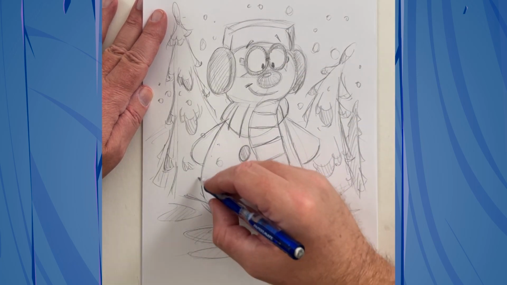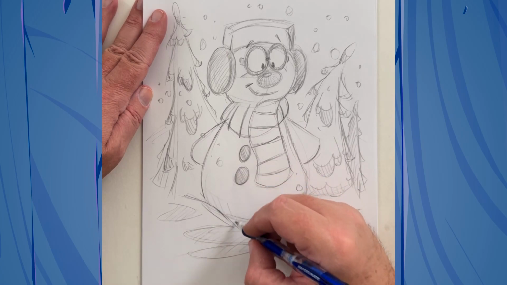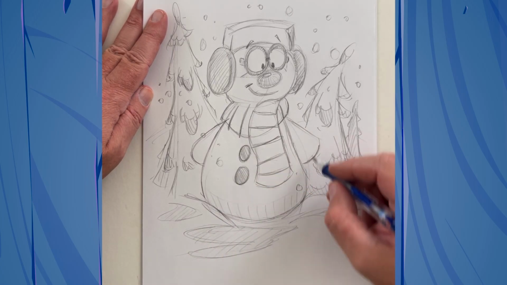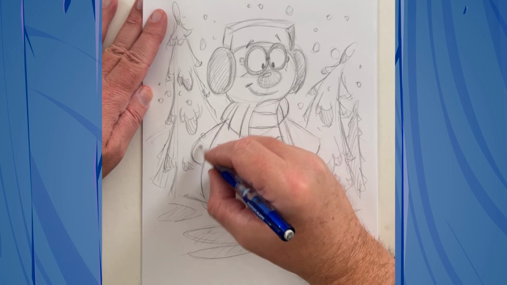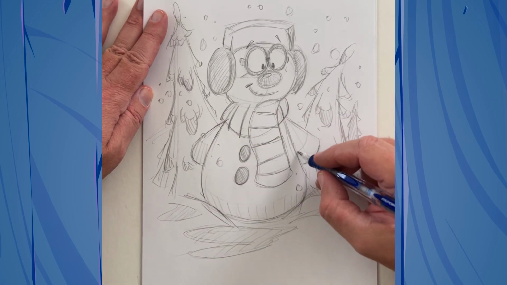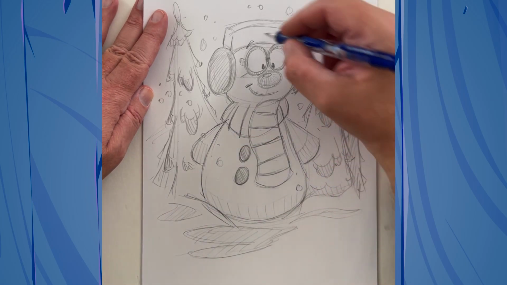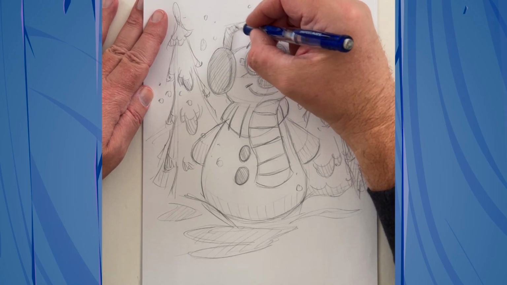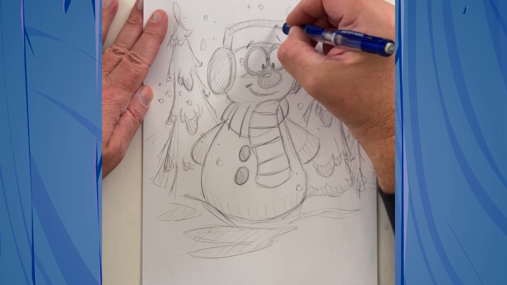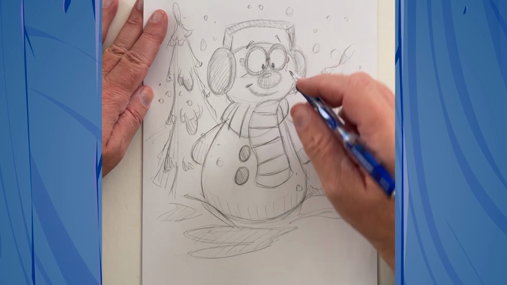All right. Little shadow underneath his belly there to show some more curvature. And maybe some of his hands, maybe he has some light gloves on there. I don't know. I'm just going to shade away on the top of the little earmuffs now too. Yeah, I'm liking that. So I think I'm just